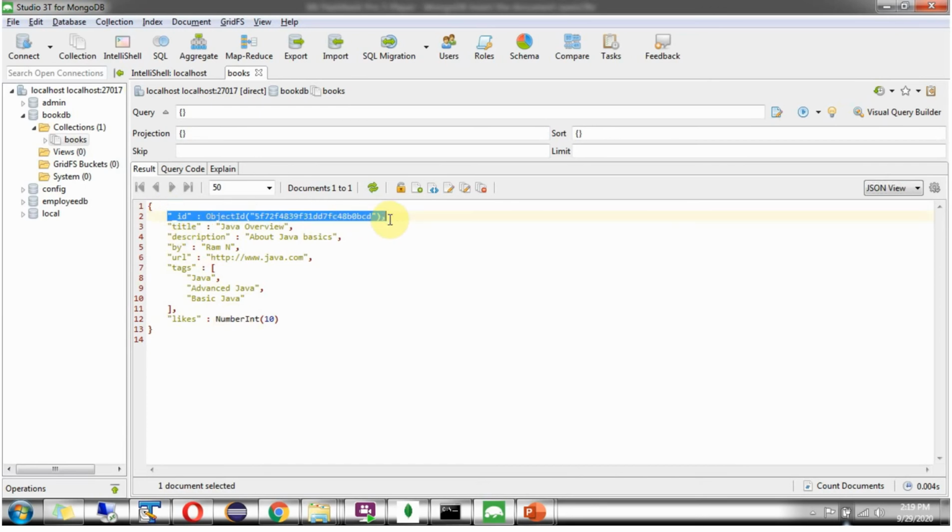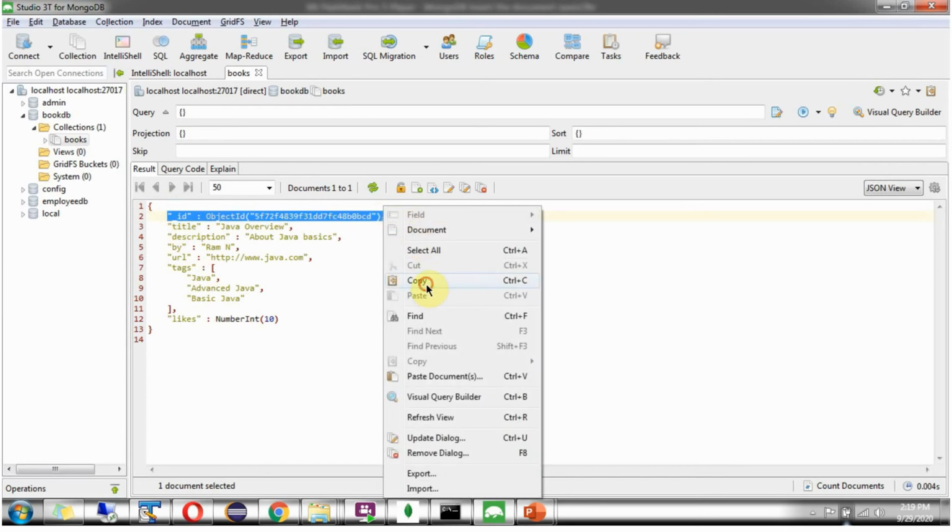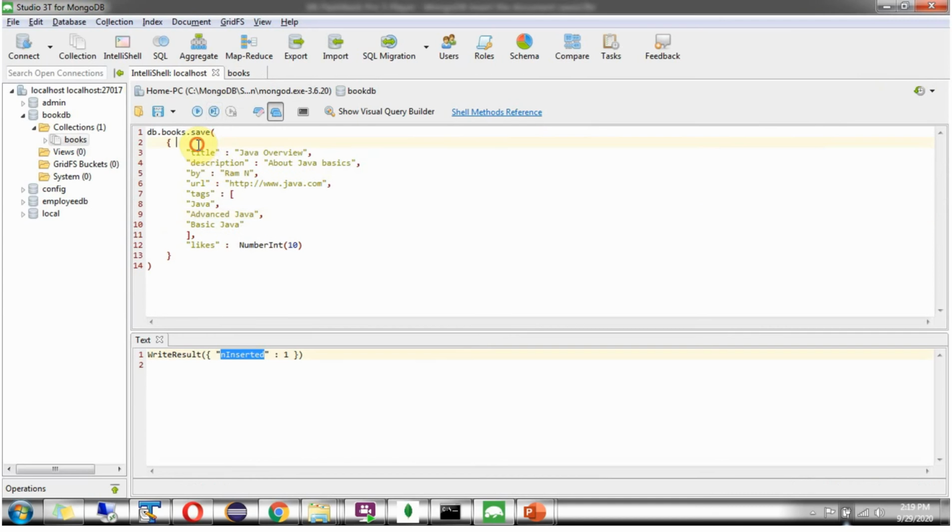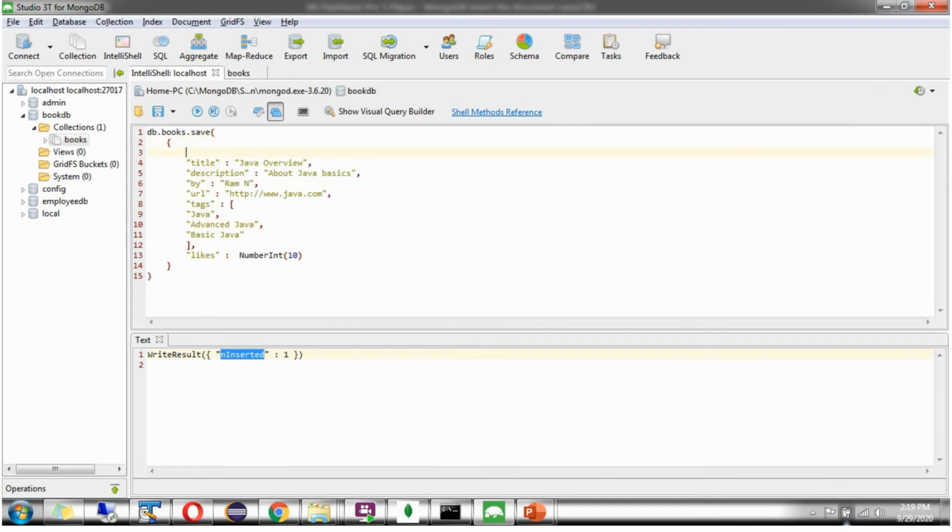Copy this ID, add it here. I am changing the name to Peter. I am removing basic Java.